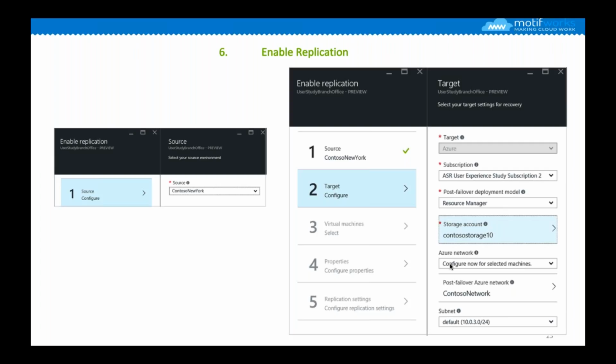If you have a specific IP address range or specific IP addressing, you can assign that as well. One of the things I hear a lot is, what if I have a static IP? During the provisioning phase, ASR provides you the ability to assign that IP address to your virtual machine.